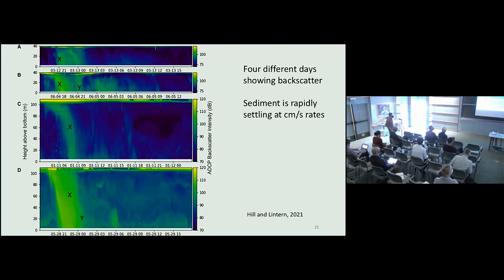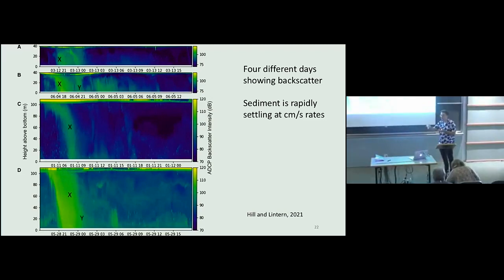I gather people who study estuaries know all about this. I'm not one of those, but the thing that's really missing is, in the field we have a lot of shear. So we're at that instability. It's not in the lab, there's no shear whatsoever. So in the field there's very intense shear. And if you look at some of